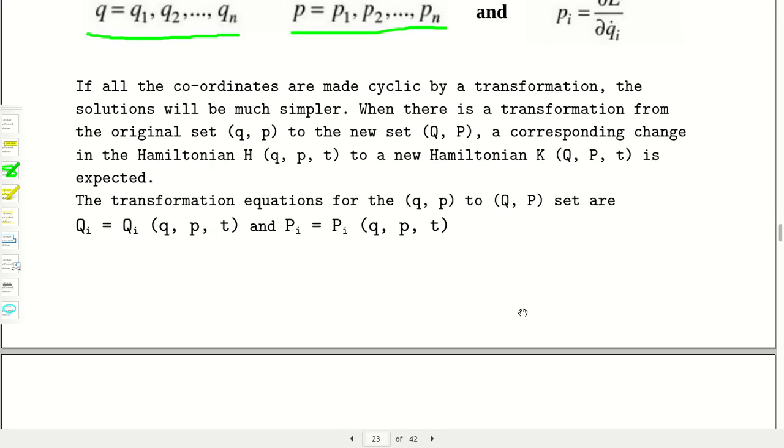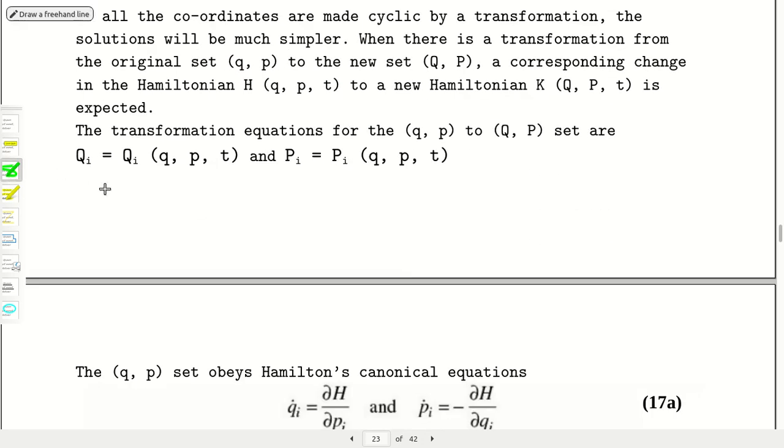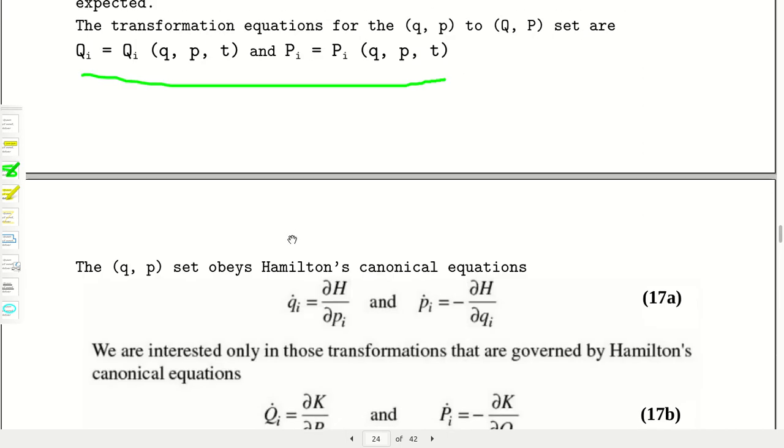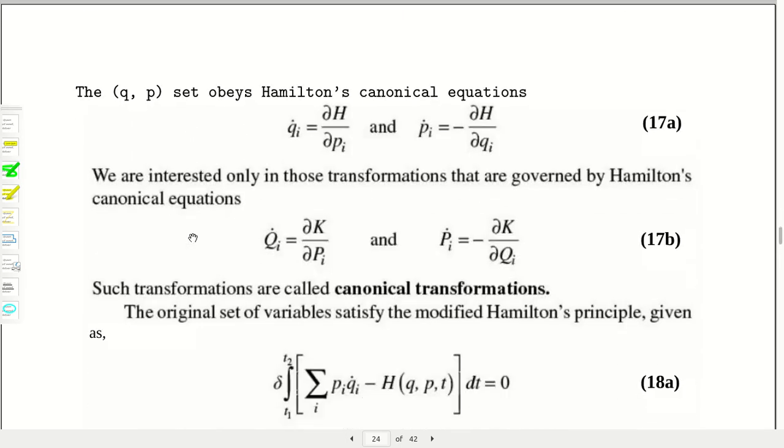So now let us consider these two equations. We want this transformation from old to new coordinates. So in the old system, the canonical equations are, forget about the time part, the del H del t part, you forget about that. Just consider 2n equations which are governed by qi dot and pi dot. So these are well known in the old coordinate system.